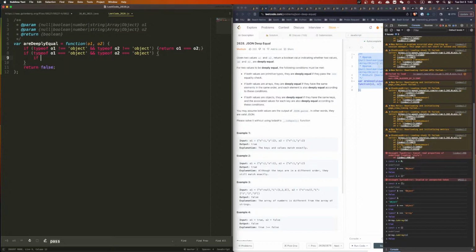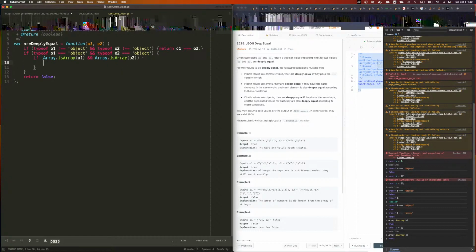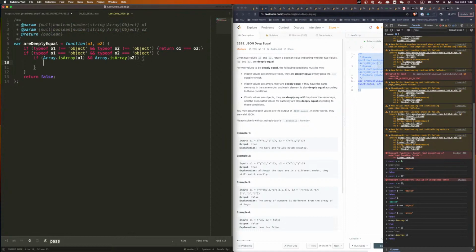Now we say if Array.isArray(o1) is true and Array.isArray(o2), then they have the same length. If o1.length equal to o2.length,